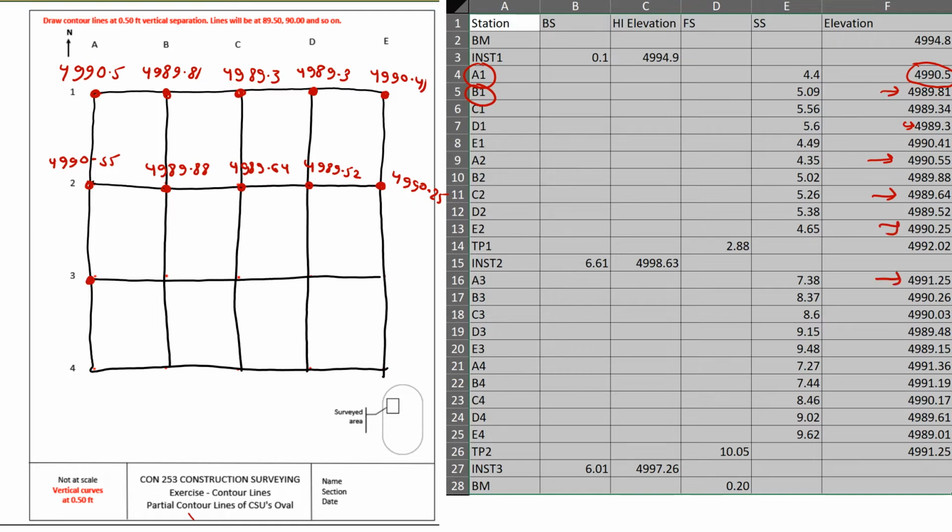So A3 is 4991.25, B3 is 4990.26, and C3 is 4990.03. D3 is, this is D3, 4989.48. E3 is 4989.15, and A4, finally A4,